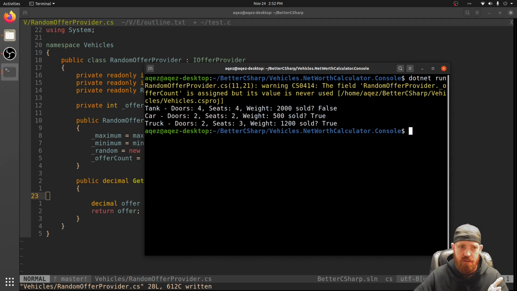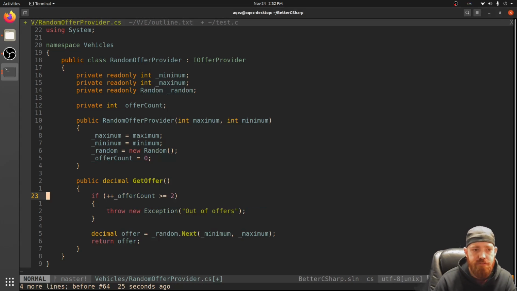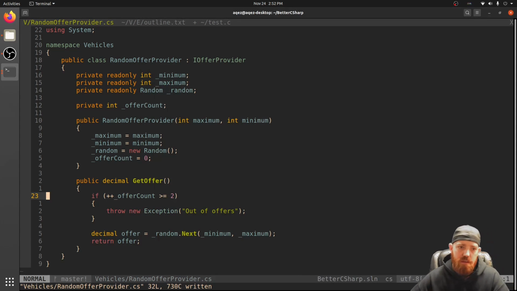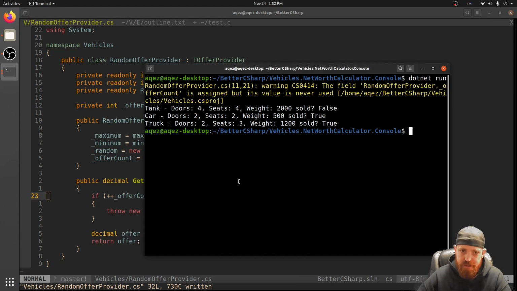So we got a tank, a car, and a truck. They've got their properties and whether or not they should be sold, right? So that's kind of our base program there. But now if we wanted to say you can only get 2 offers, right? And we go in here and we try and run this again,